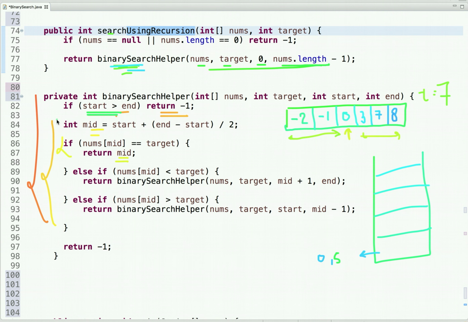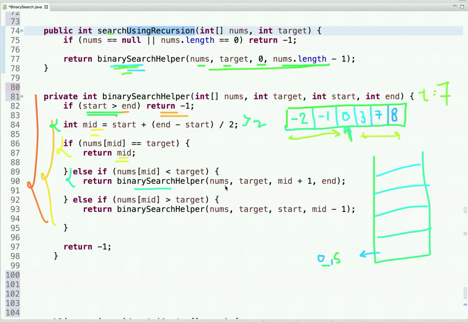No. So we compute the mid using 0 and 5, and the computed mid is 2. So we reach this index and we check whether the value present at this index is equal to the target value, which is 7. No. Then we move to the next condition: is the target value greater than the value present at mid? Yes. So we recursively call binary search helper with new parameters.